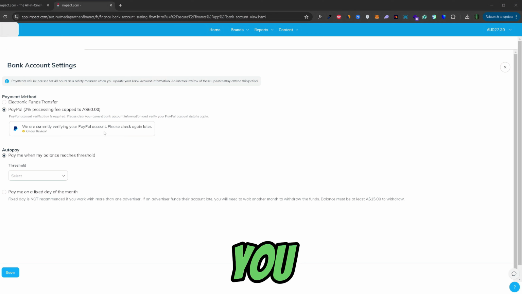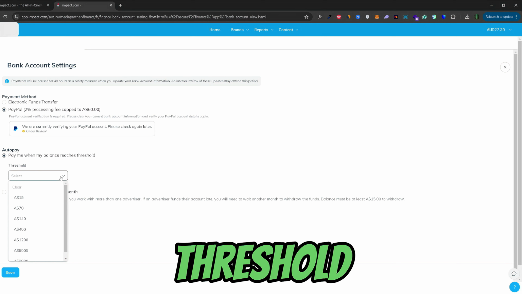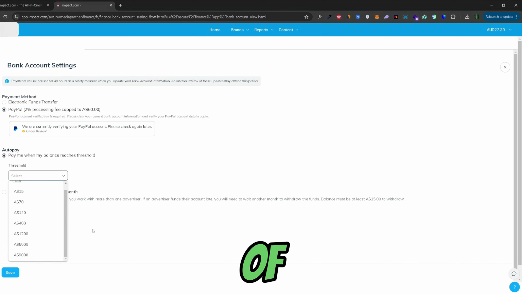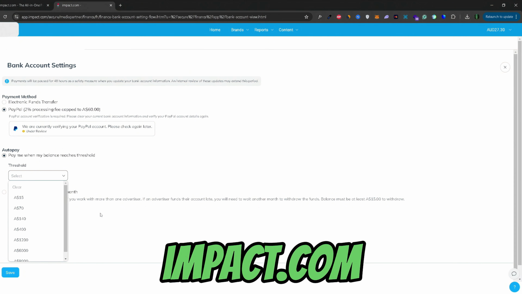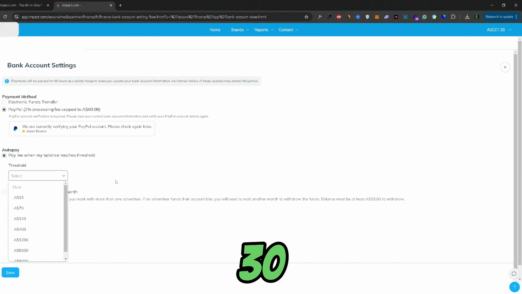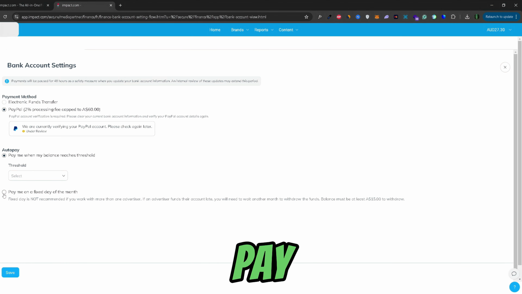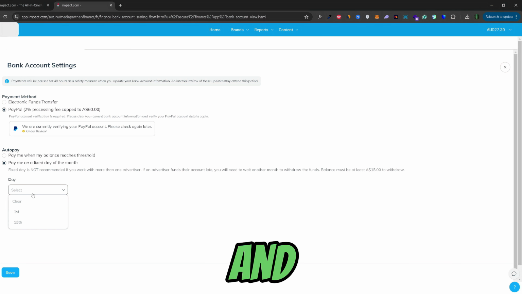Here, once you've connected your PayPal account, you can select autopay or pay me on a fixed day of the month. On the autopay, the threshold is actually the lowest one out of all the payment methods or withdrawal methods on impact.com. Usually it's about 30 Australian dollars in this case, and you can set it to 15 if you want. Now I will select pay me on a fixed day of month, and then I will just